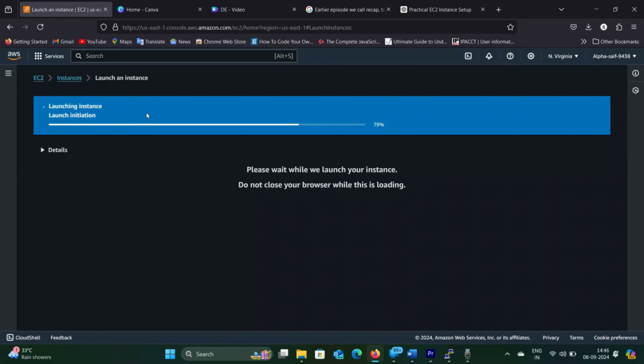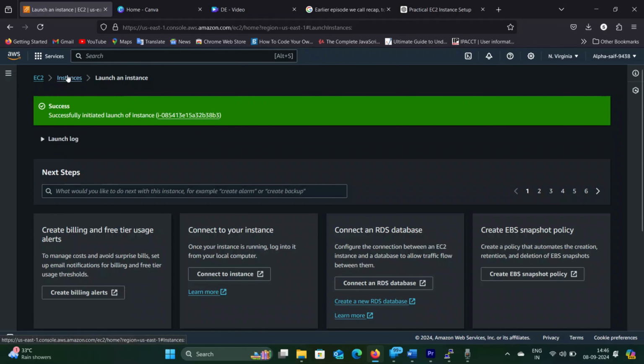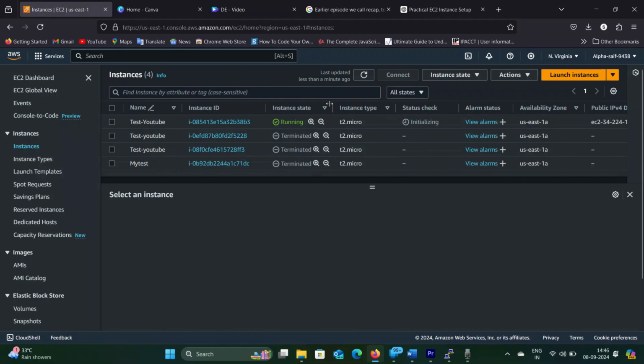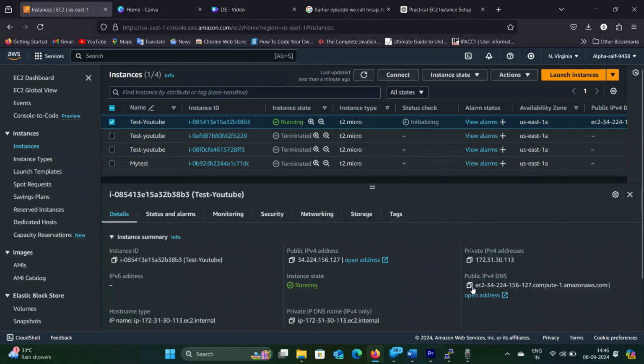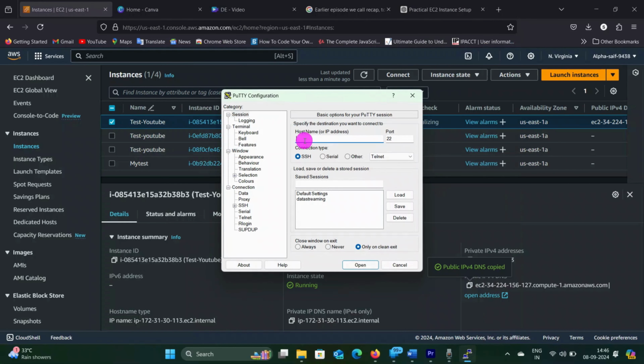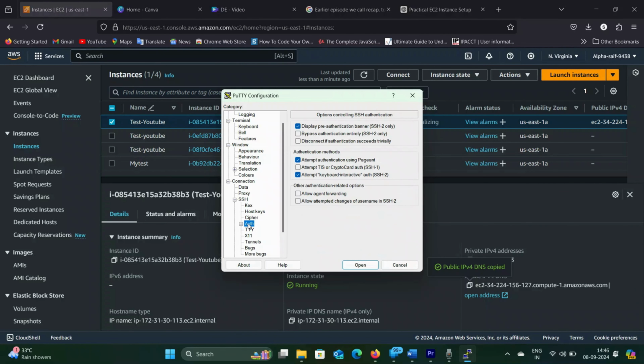Once launched, go back to the instance page and you'll see our instance is in a pending state. Let's wait for it to transition to the running state. Now copy the public IP address of the instance, open PuTTY, paste the IP in the host name field, then go to the SSH tab, open the Auth tab and select the PPK file we downloaded earlier.